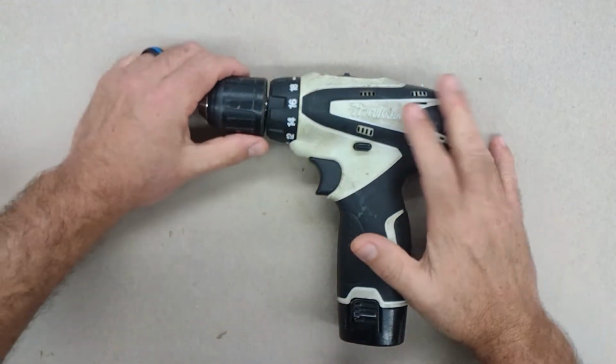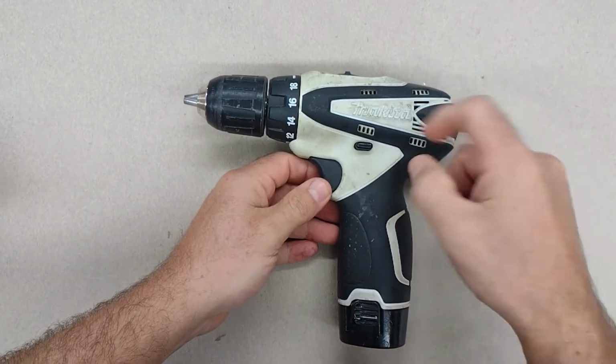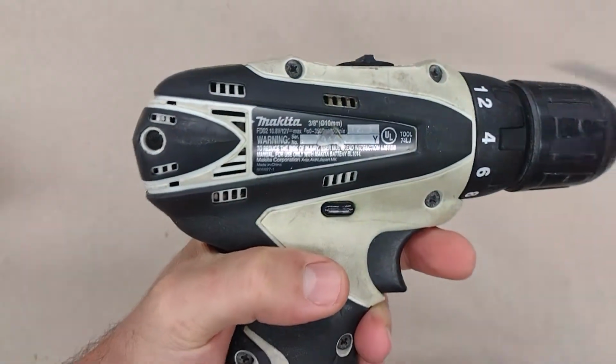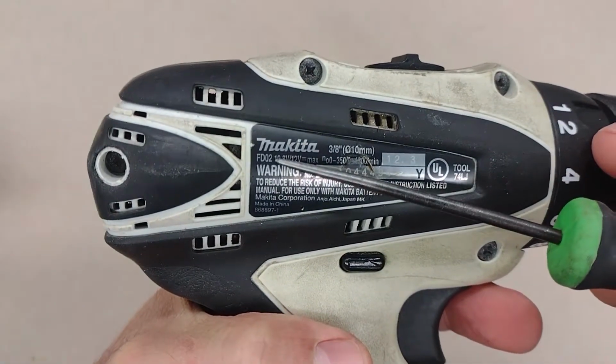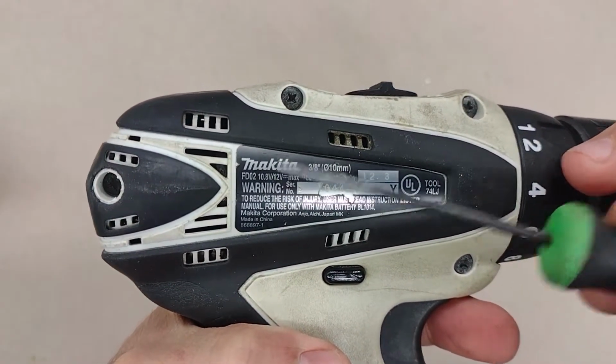Hello guys, this should be a quick video on how to replace the electric motor inside of one of these drills. This is a Makita. This is the FD02 series drill,